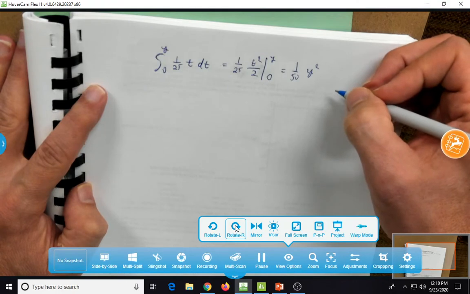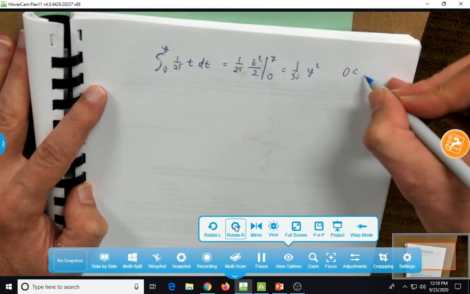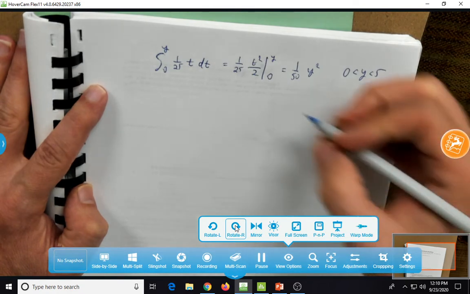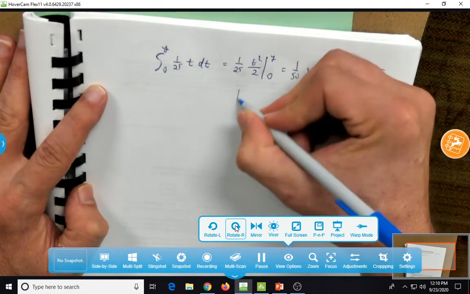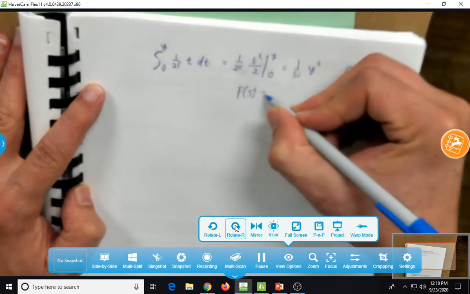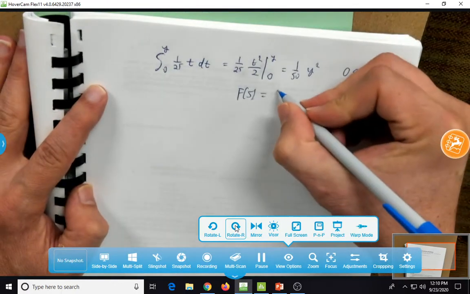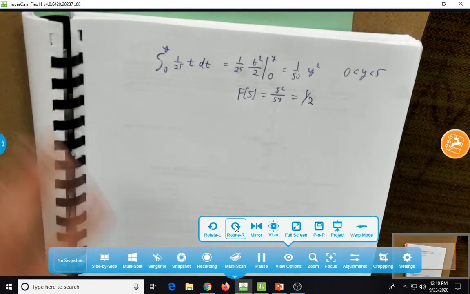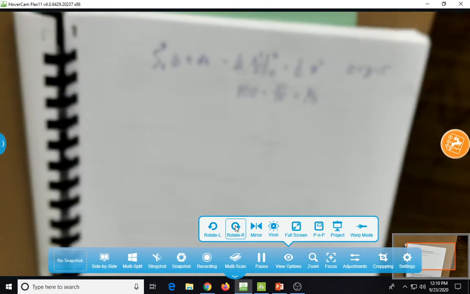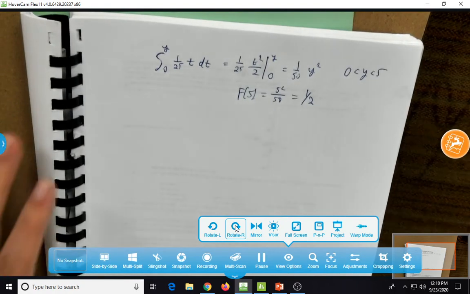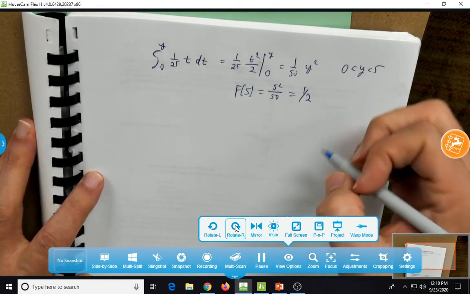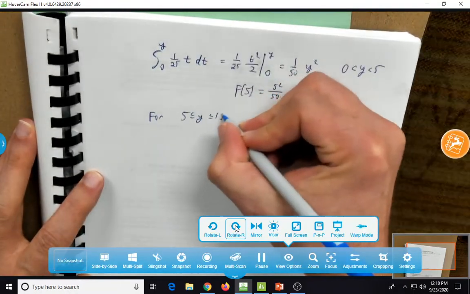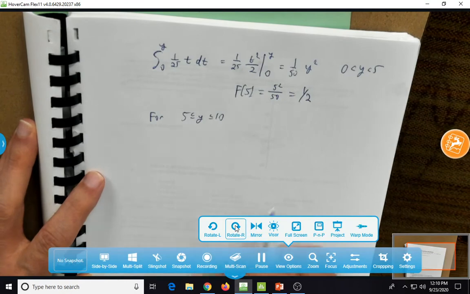Okay? So now, this is between 0 and 5. So actually, if you get to 5, you'll get 5 squared over 50, which will be 1/2. Okay, so that's going to be important, because for the second part, for when we're 5 less than or equal to y less than or equal to 10,